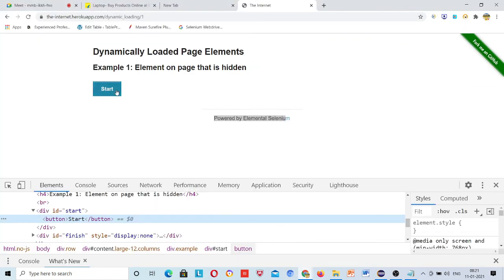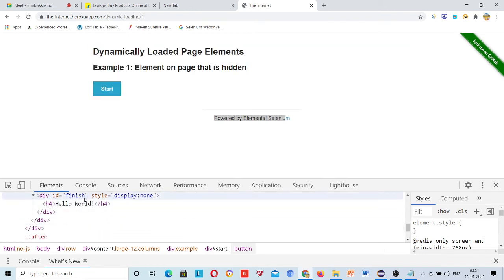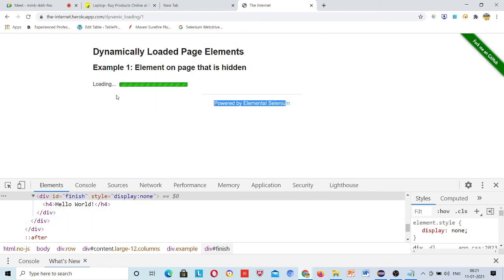I will try it with implicit wait, and we will see that it won't work, then we will understand that this was the problem. After clicking on the start button, this text will be visible, and then I will try to get it.